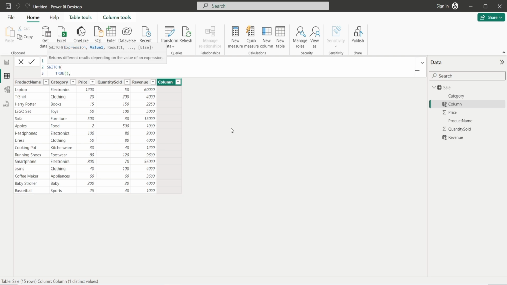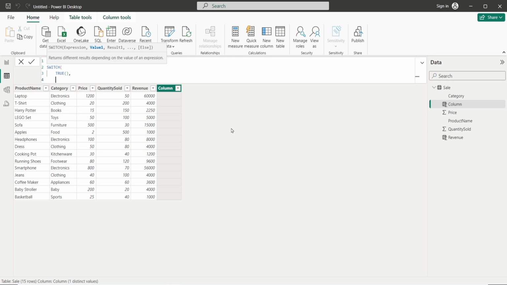So comma, shift plus enter. We are going to work on our category column, so all of these steps will involve the category column that we have here. All right, so sale category equals to